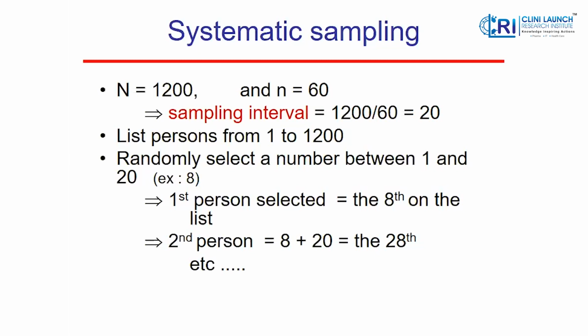Understood? So what is the system here? What is the gap here? The gap is 20 units. So after every 20th unit, you have to take your sample from the population. And that is how you will complete the 60 sample size from 1200. 60 into 20 is 1200. Then select a number between 1 and k at random, and here k is 20. So select any number between 1 and 20, and the number you select is called the random start number,